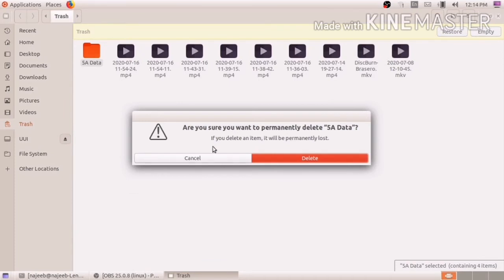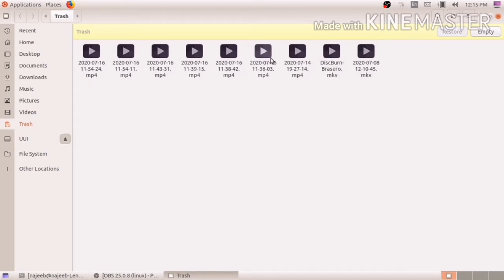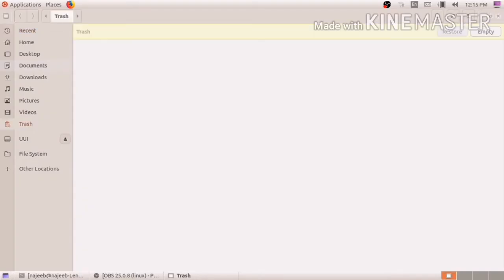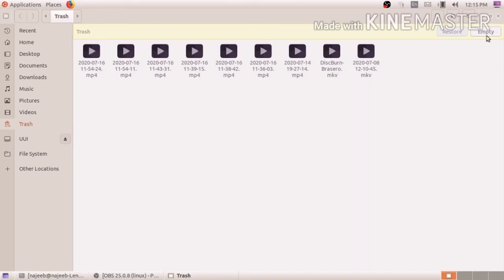Now it is asking, are you sure you want to permanently delete file A data? Yes. If you want, you can click on the delete button. Now that folder is deleted from the computer itself. Okay, that file is not there on the desktop, and also that data cannot be seen in the trash.